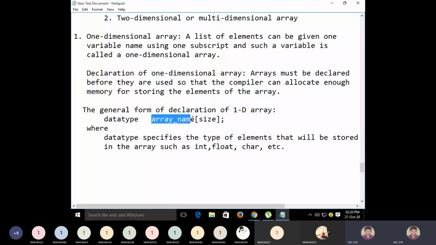Okay, then what is the size parameter there? Size.